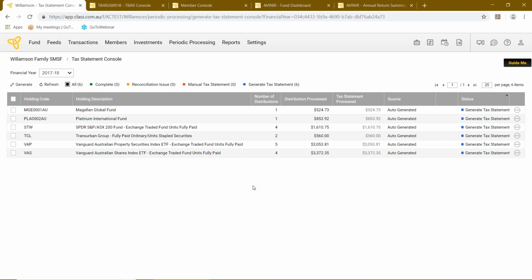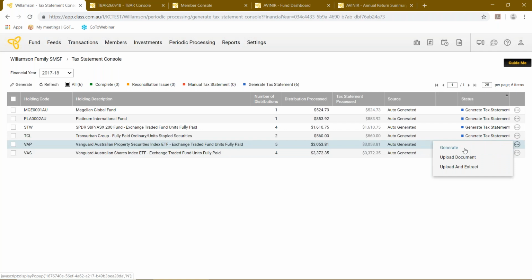And here we're looking at the cash business event to detect the total amount of cash. The next column, called tax statement processed, I can see is in light gray. It's because for all these securities, since I'm looking at the 17, 18 year, we all have a tax statement template, and therefore we've pre-populated the tax statement component template data into the actual events. So maybe I'll take one of these,